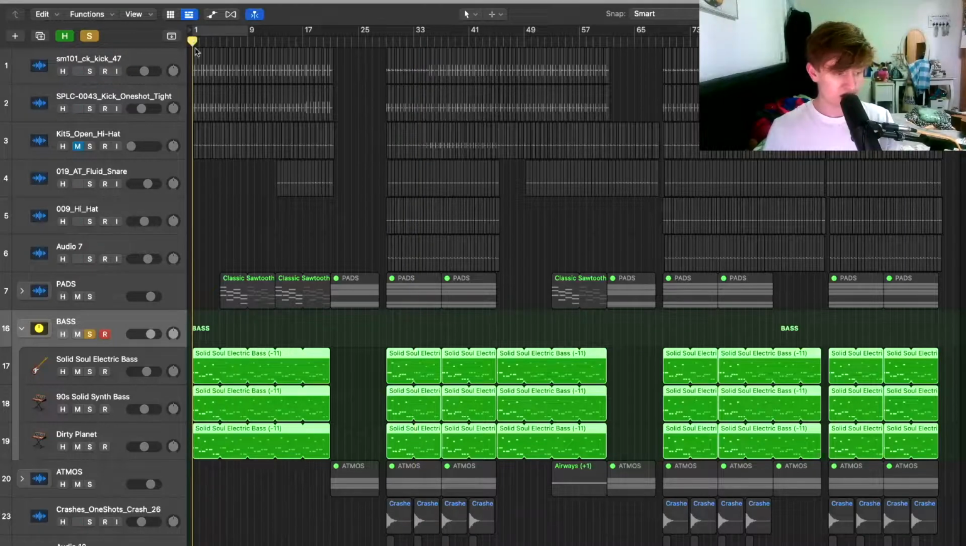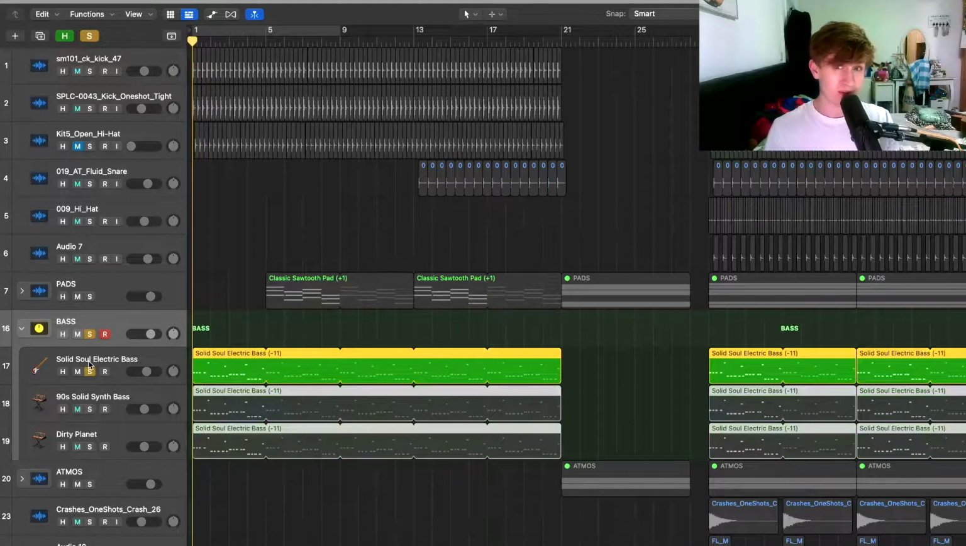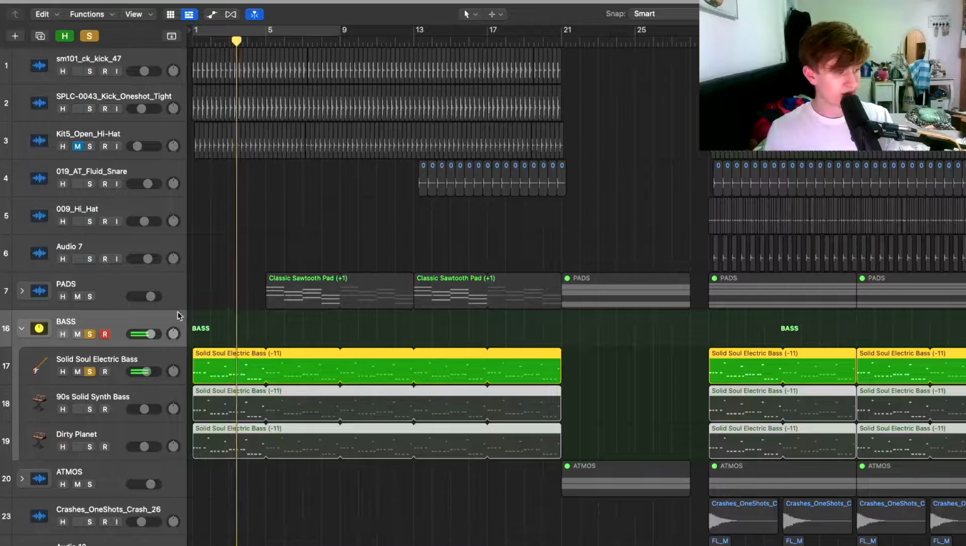So what I'm going to do is I'm going to play you the bass, and we'll play it with the verse, how the song starts. So this is the bass line. Layer it first with the Solid Soul electric bass, which is a preset in Logic. Sounds very MIDI, but